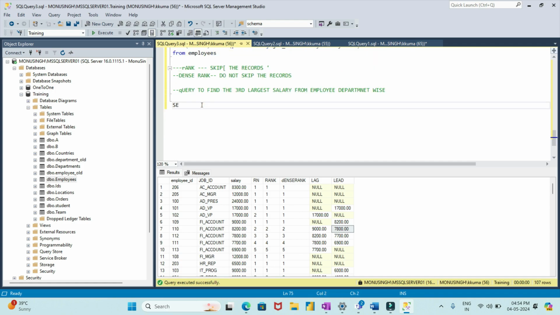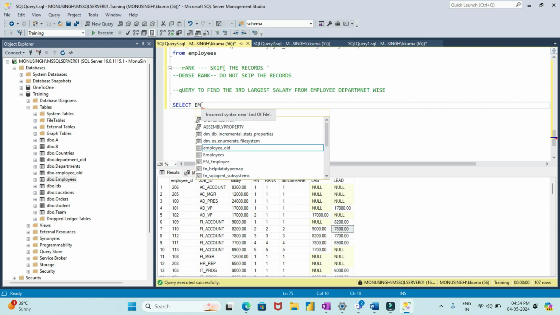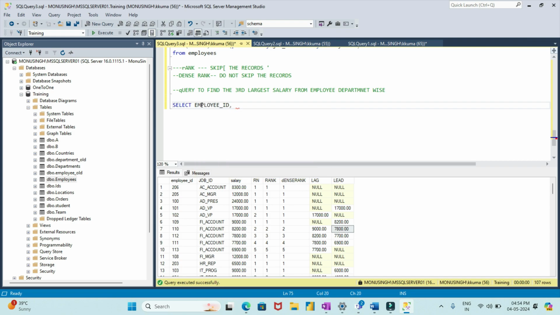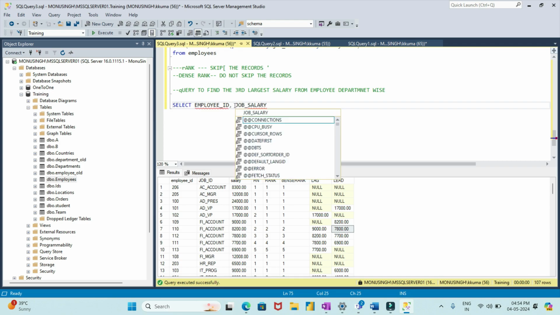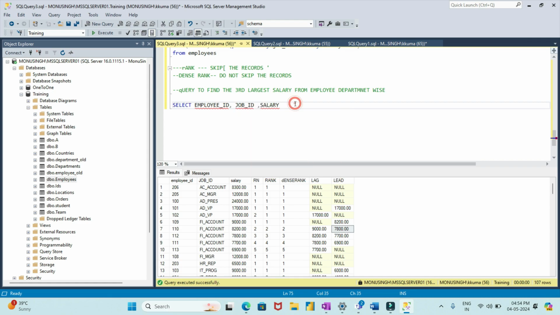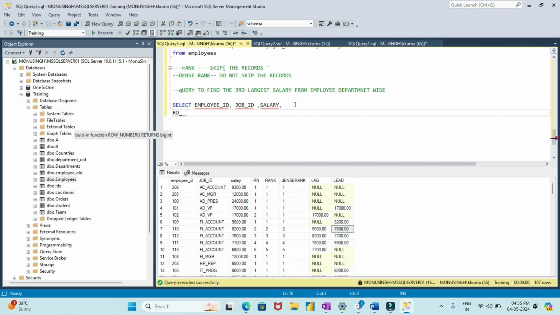Okay, I'm using select employee ID, salary, and I'm putting job ID also here. Now I want the third largest salary, let's suppose. So for the third largest salary, I'm using row number over